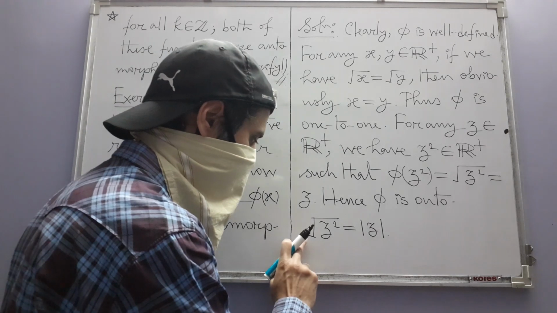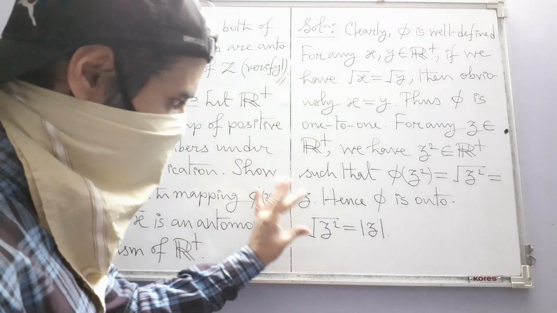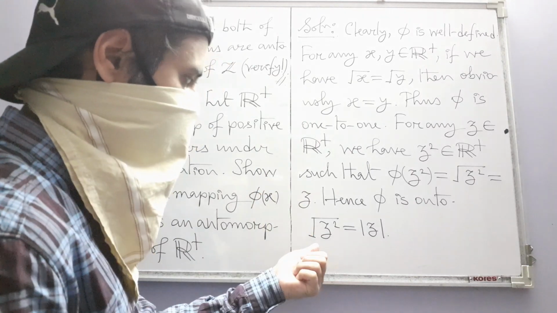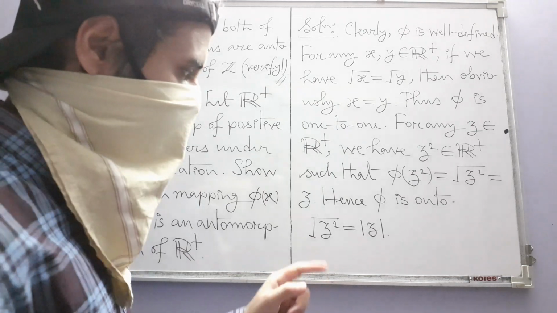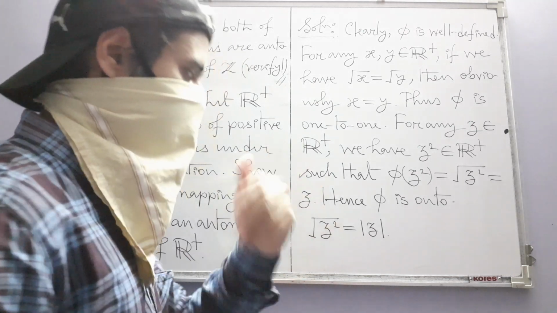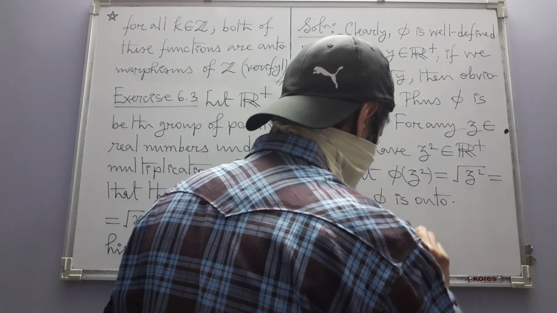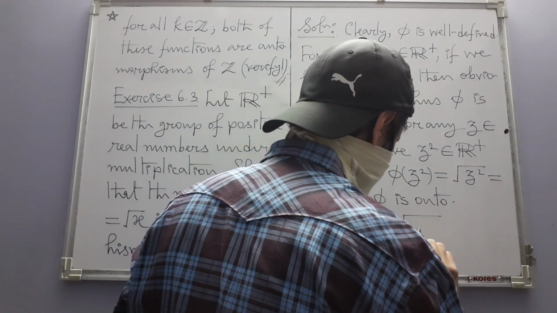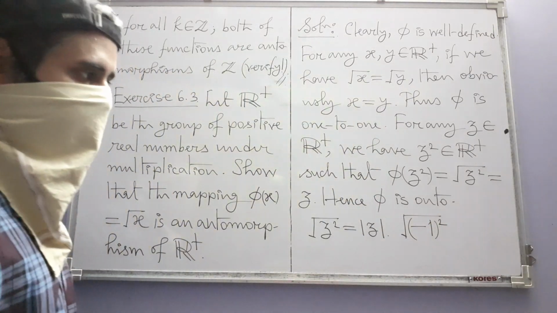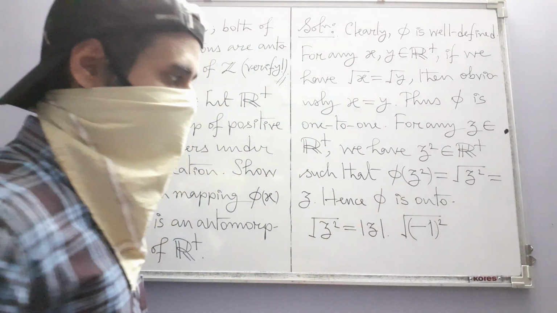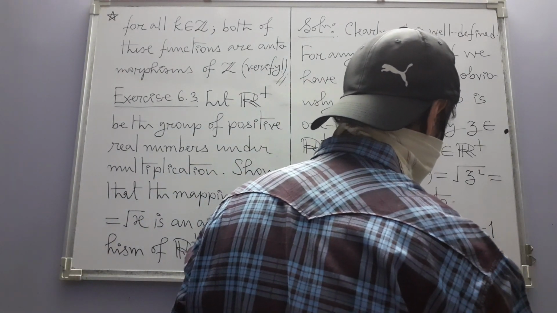That is because, what is the meaning of this symbol? This symbol represents a non-negative real number whose square is z square. For example, if you take this, say, you do not remove the square and the radical sign and simply write minus. This is wrong,